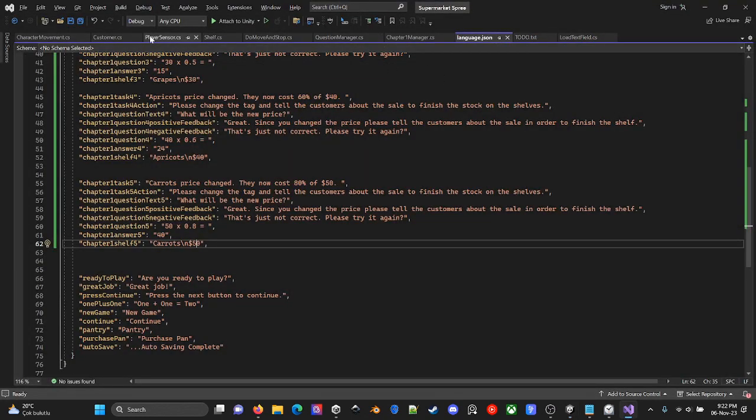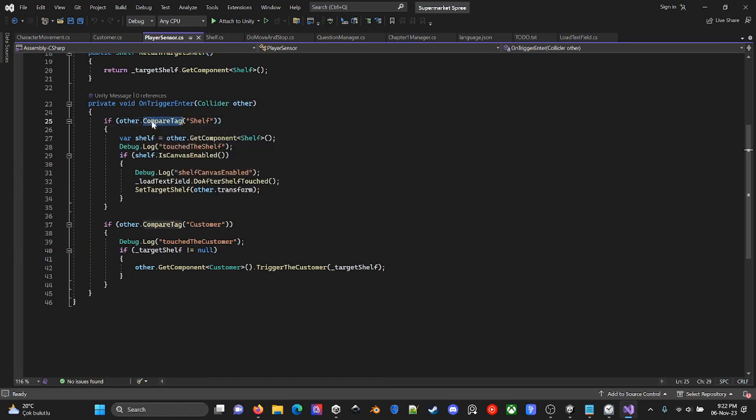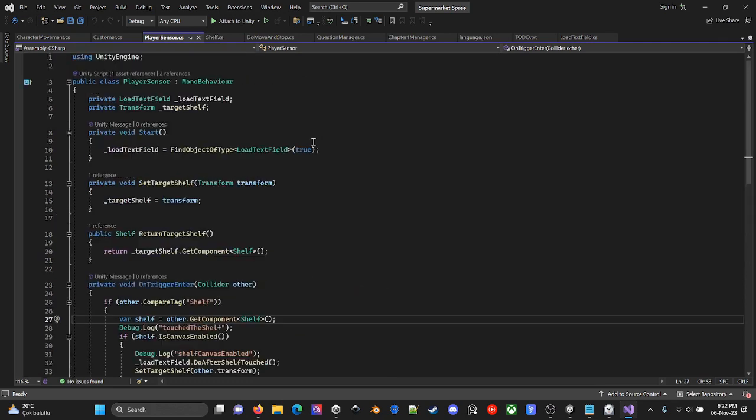Where is the sensor? Player sensor. In on trigger, if other compare tag is shelf. If I touch the shelf, is canvas enabled? Touching the customer will not create any problem, but player sensor should be aware of the current